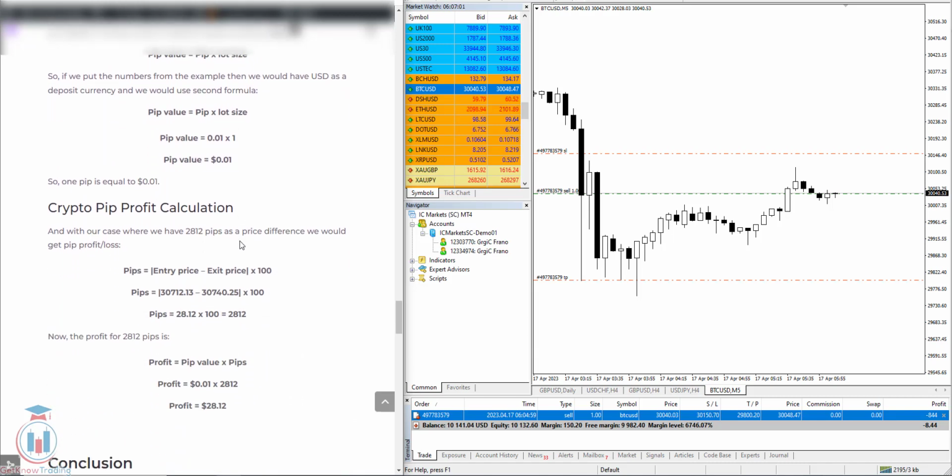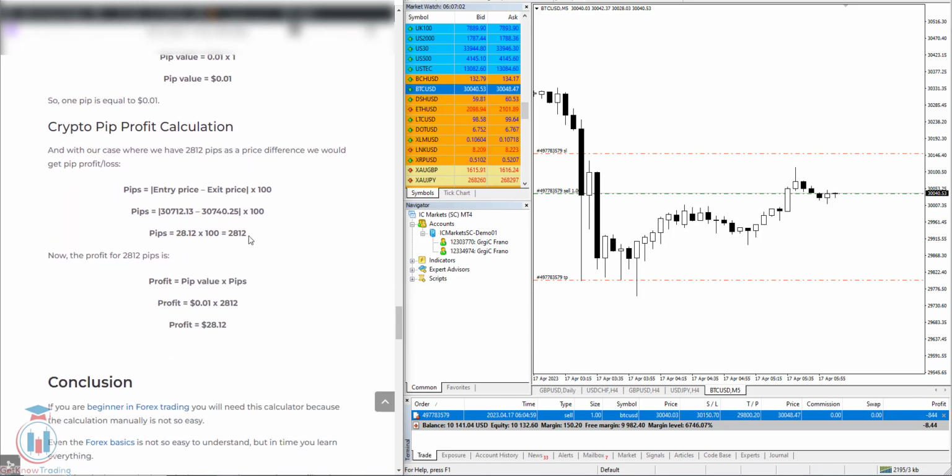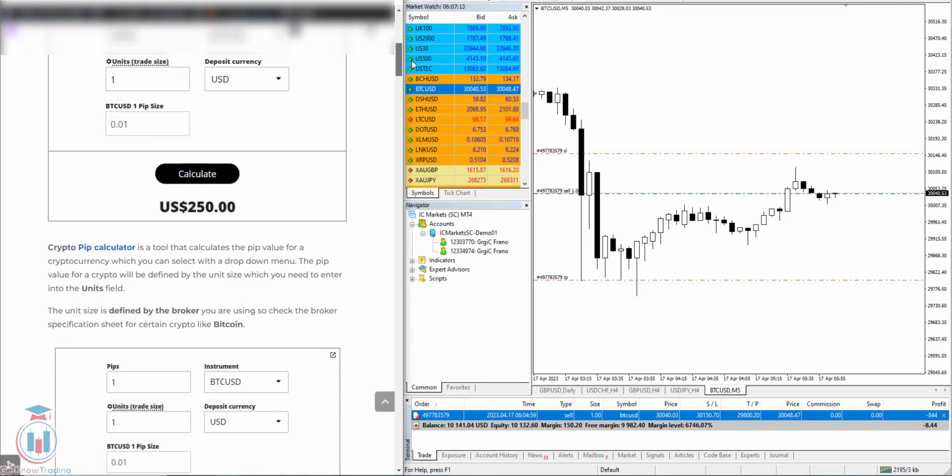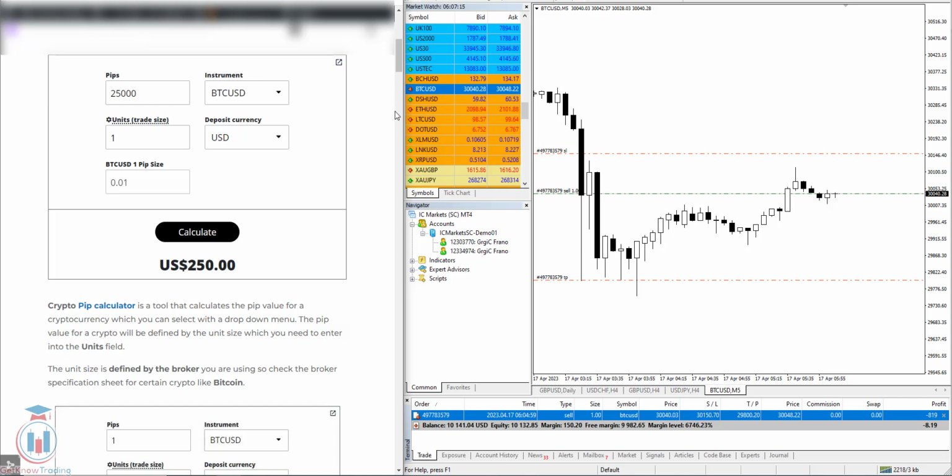And then you have a calculation for one example, how to first get the number of pips, and then you get the profit for that number of pips. So check the crypto calculator here on the website, check the example, and then check also here on the trading platform and use this example as an introduction and also a step-by-step guide on how to calculate the pip value